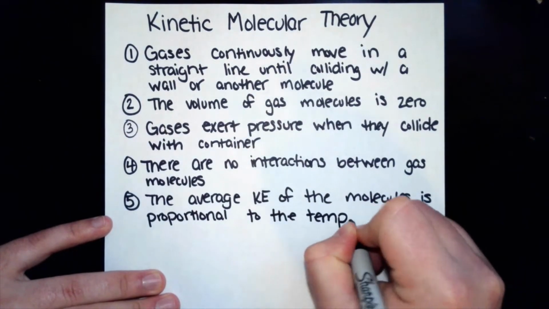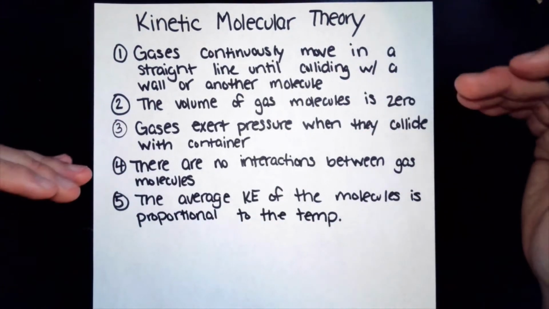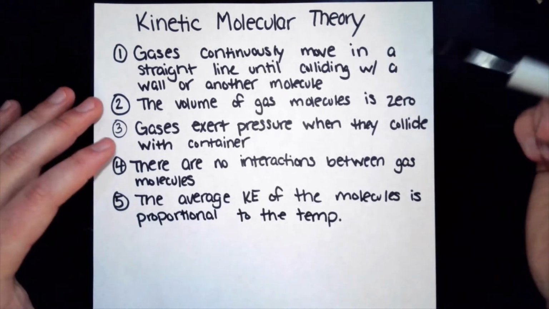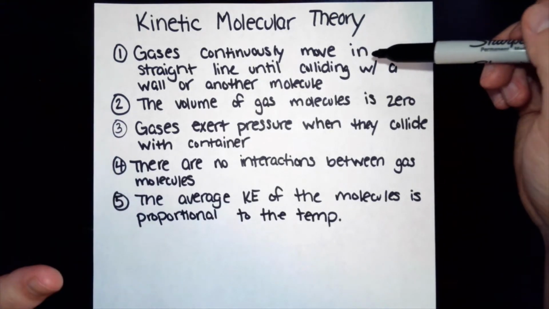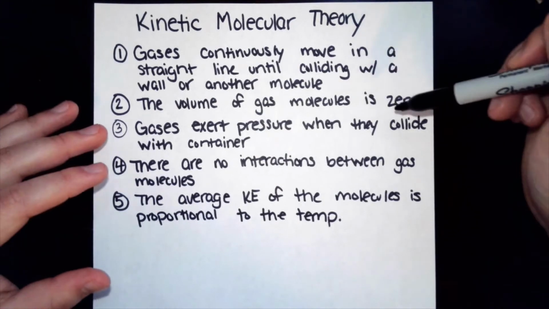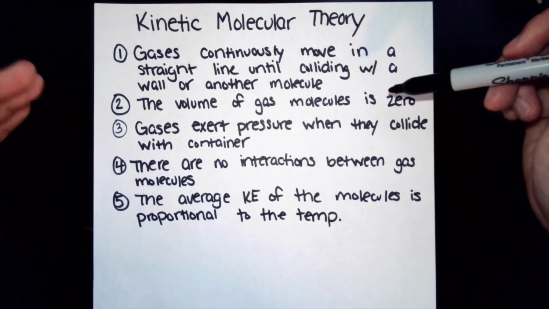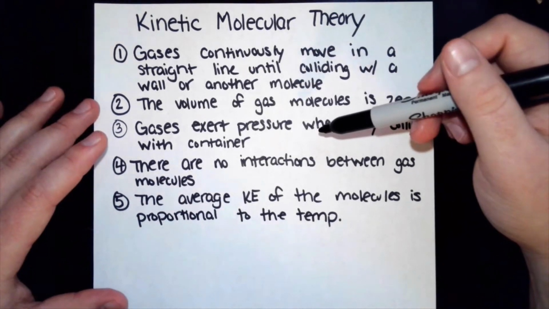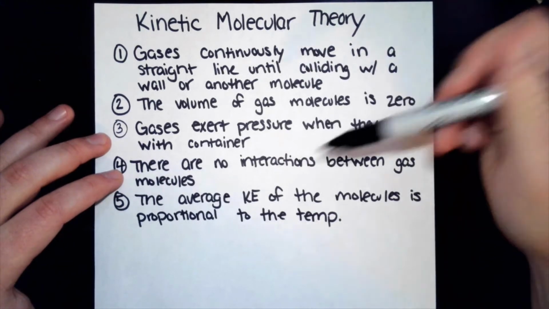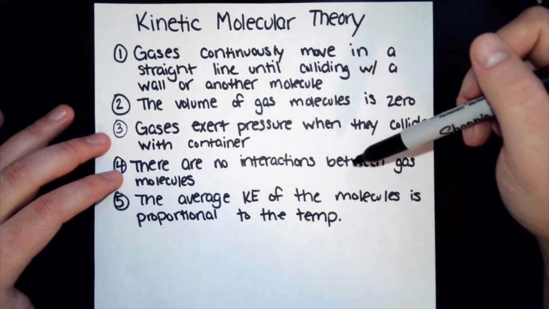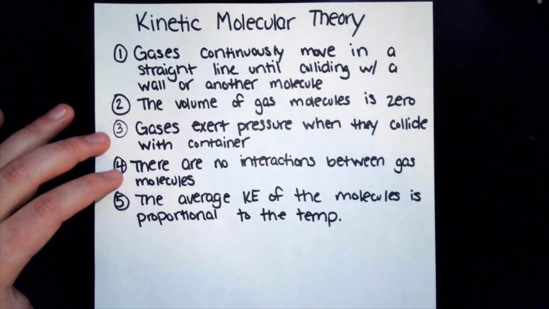Now, the first 4 of these in particular are assumptions that are not actually correct. Gases can move in slightly changing paths. They don't have to move in perfectly straight lines. Obviously, a molecule has some kind of a volume, right? The atoms have to take up some kind of space. Effectively, for pressure, this is a fairly decent assumption as to why pressure occurs. So number 4, there are no interactions between gas molecules. That's also not true. There's always going to be intermolecular interactions,